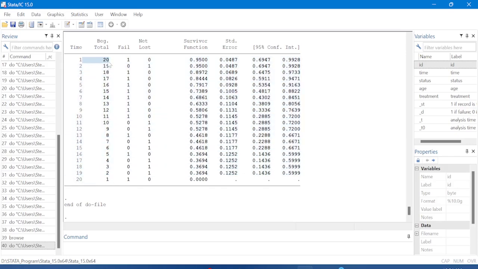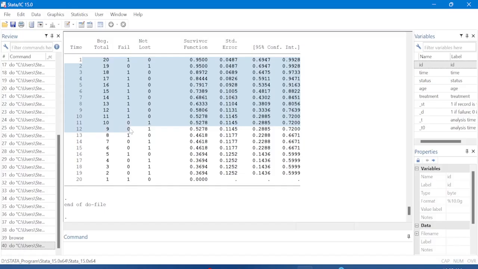And at time 1, the event occurred, which is a failure. At time 2, there was no event, which means it was censored. At time 3, an event occurred, and so on up to time number 11. Then from time 10, 9, 8, okay, from 10, 9,